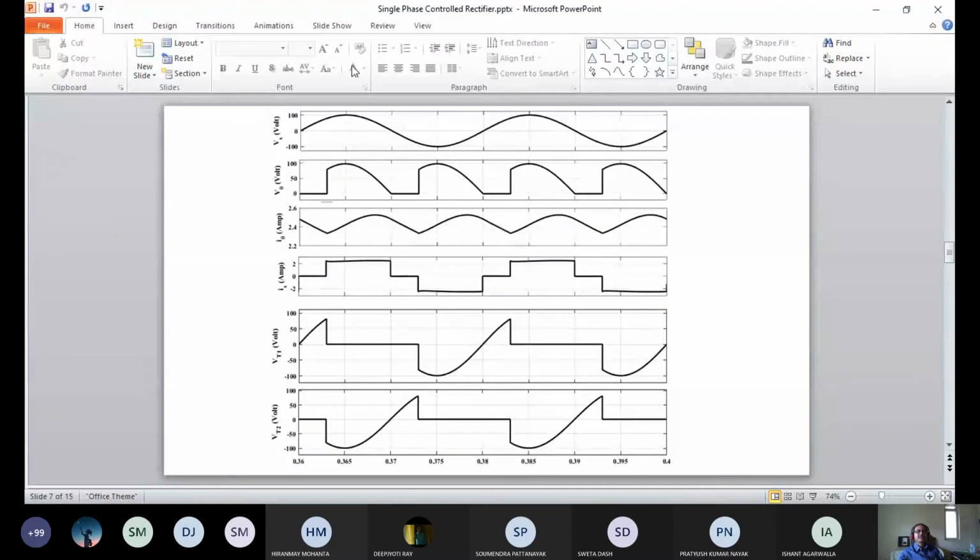What I told you, at what point the peak will appear: just before pi the peak will appear. Then the current starts decreasing, because at the peak, the current is maximum, so L di0 by dt is 0, right? So at that point the applied voltage is equal to the resistive drop. So V0 is equal to root 2 Vm by pi. You derive this.